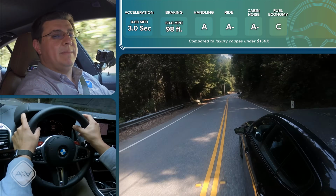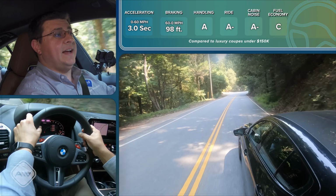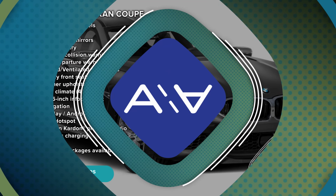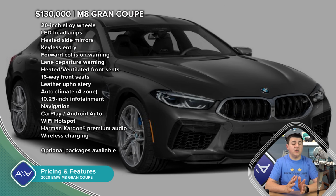But of course, the big thing about the M50i is going to be its price tag. It is going to be a lot less than the model that we're driving here. For 2020, the 840i Gran Coupe will start at $85,000 even, of course before tax, title, license, and destination. Oddly enough, adding the 2 doors to your 8 Series actually reduces its cost versus the 2-door coupe by about